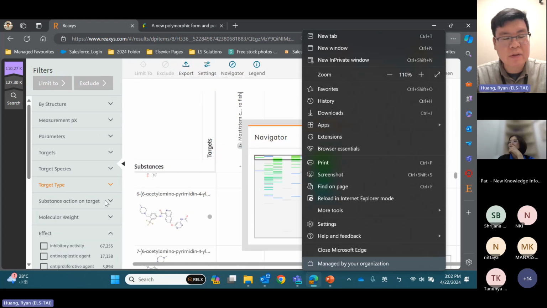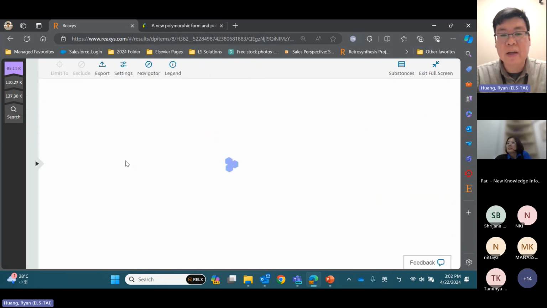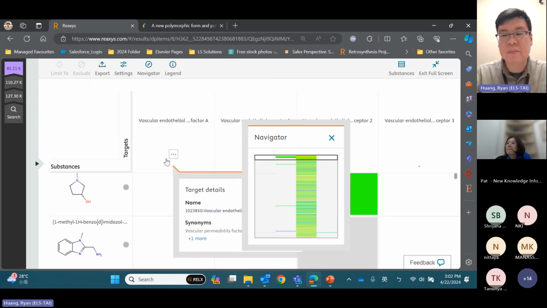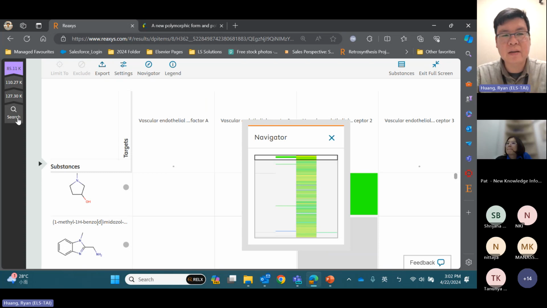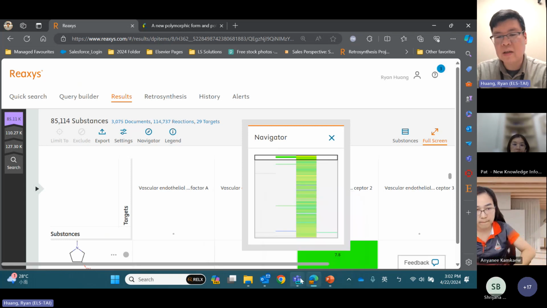On your left-hand side, we have so many kinds of filters. You are looking for inhibitors, you are looking for modulators, stimulators. So just by a few clicks, you get all the biological application behind this visualization tool. Okay, so now I think due to the time, I will stop here, stop my presentation, and see if I can